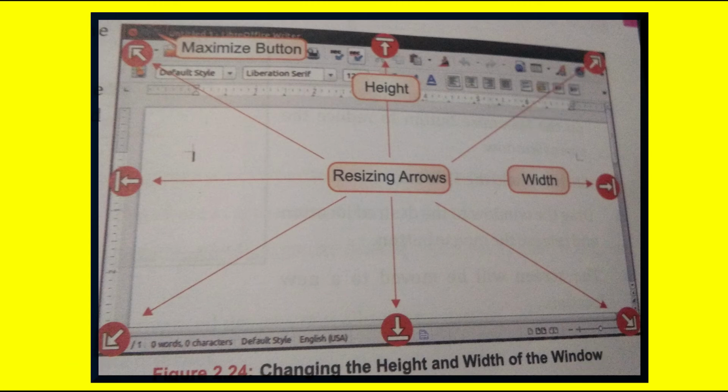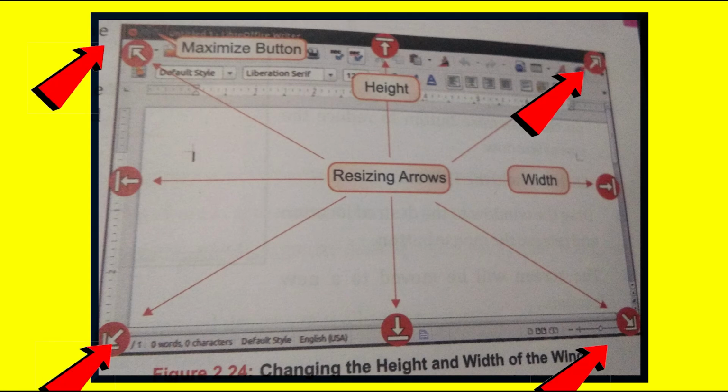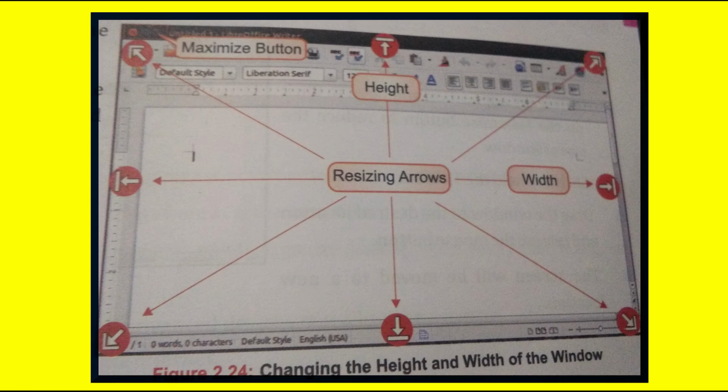The resizing arrow appears. Drag the resizing arrow in any direction. The height and width of the window change simultaneously. In this manner, you can resize your window. If you want to change the window to its original size, click on the Maximize button.